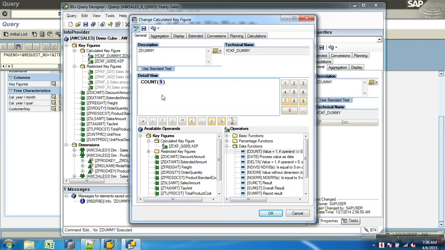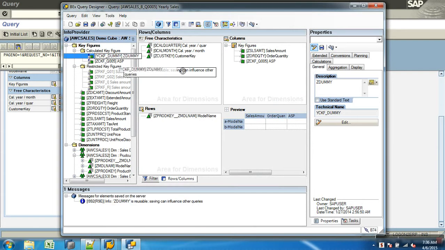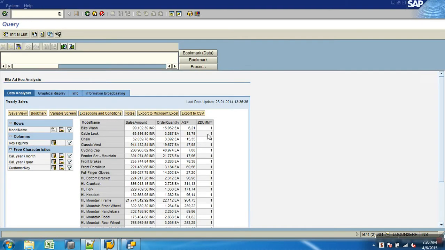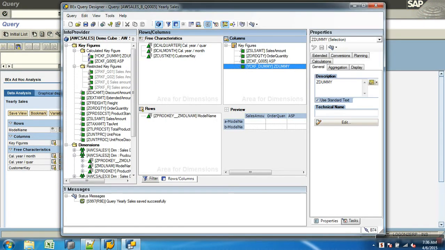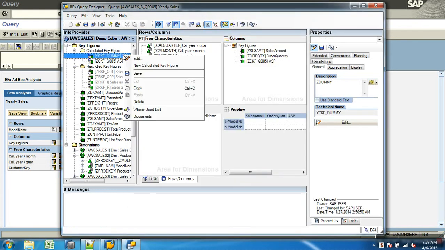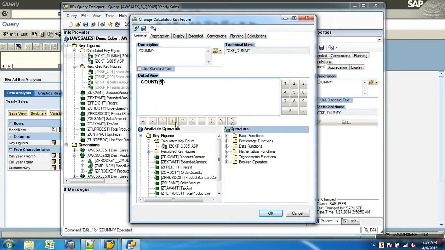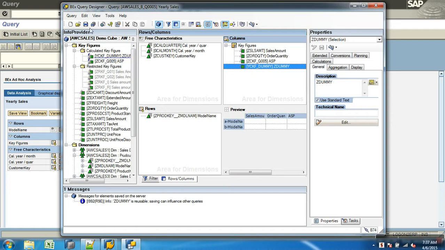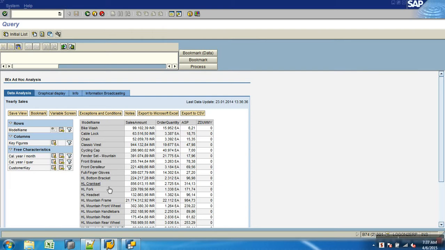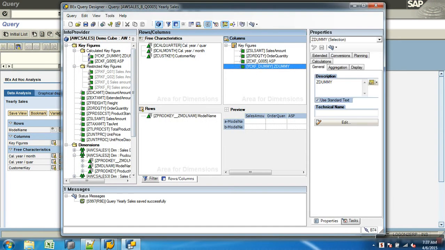If the value you pass in is not equal to 0, it will return 1, otherwise 0. But if I say count of 0, then it is 0.